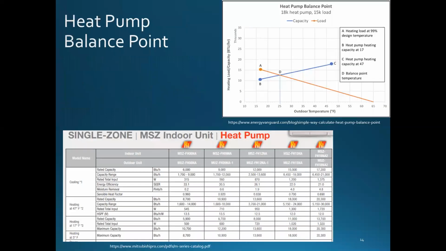Okay? Here, once we get into heat pumps, very quickly, heat pumps will have a balance point, meaning what's my outside design temperature and what's my heat pump capacity, and at what point do they cross? And I start to need help with heat. So air conditioning usually isn't the issue, it's the heat. And you end up oversizing your heat pump a little bit to get the heat up so that you can